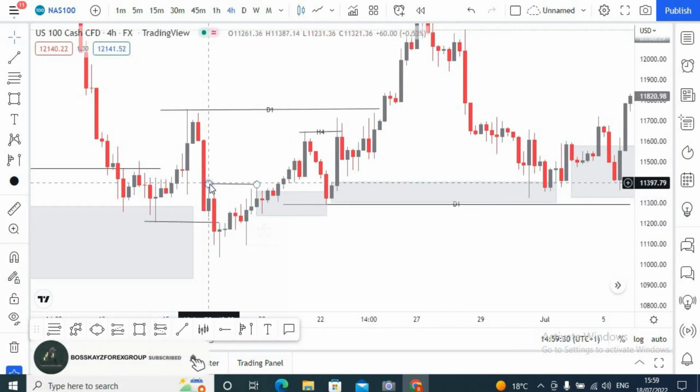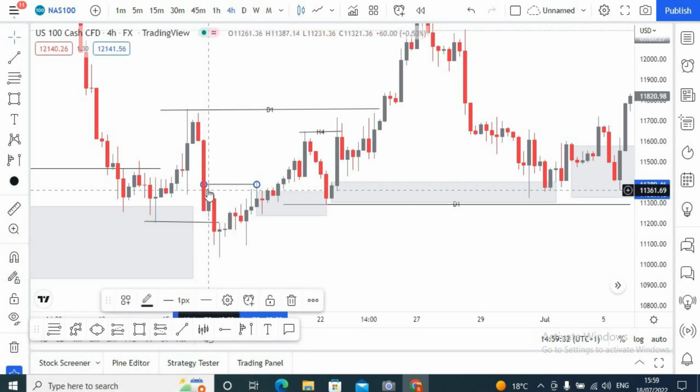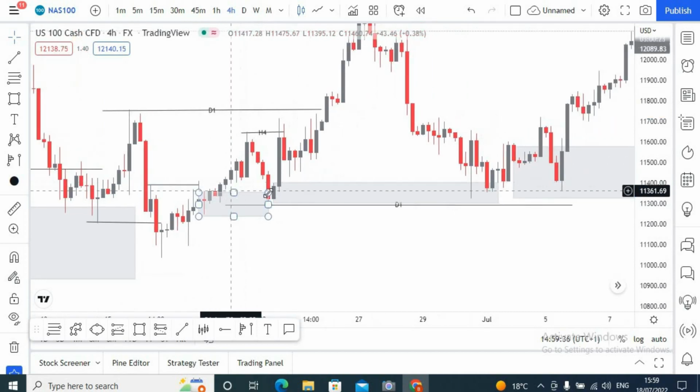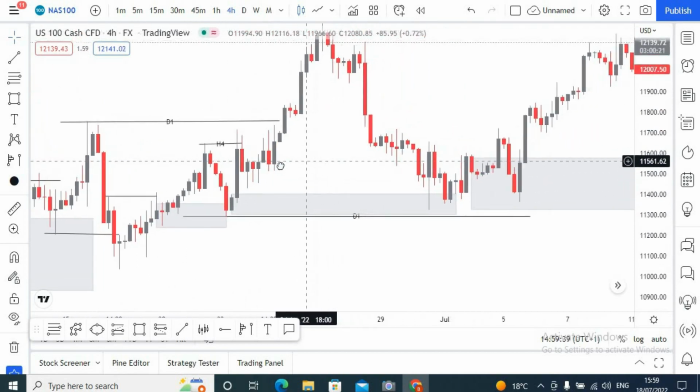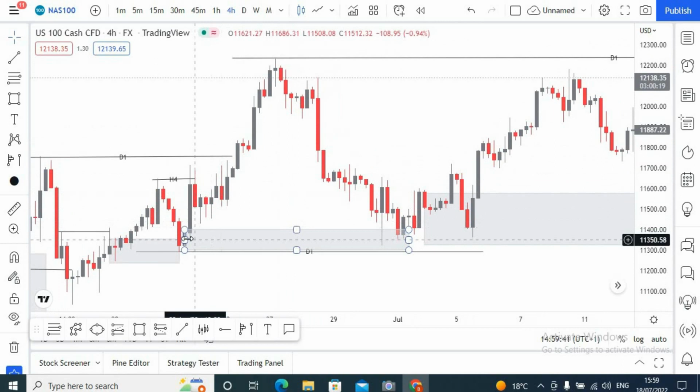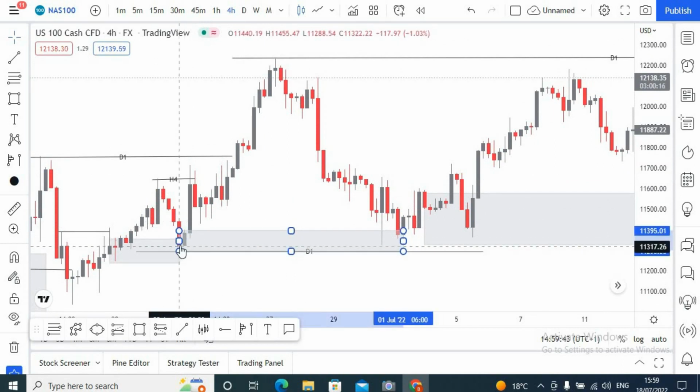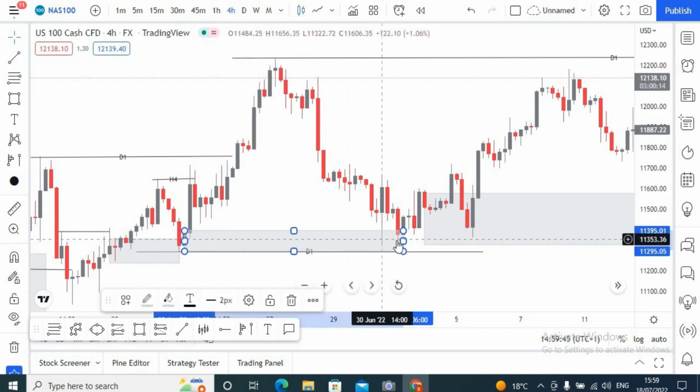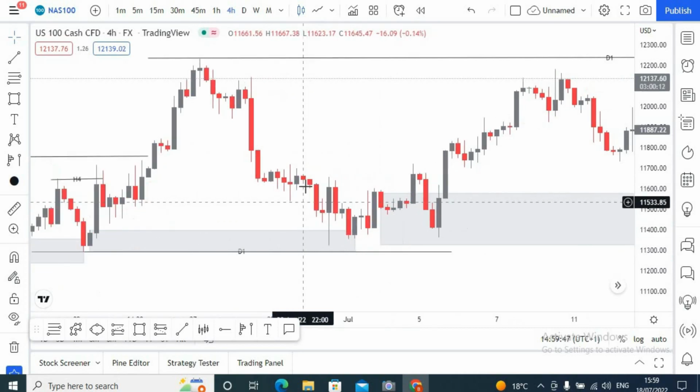So you can understand as well that we had a failed supply that flipped to be a demand, and the price came back to mitigate that zone, continued going up, and now, as you can see, price also came back to this zone which was never mitigated right there. So now